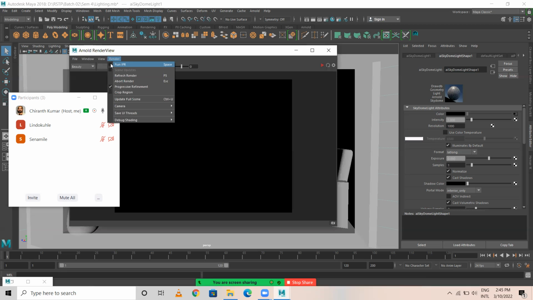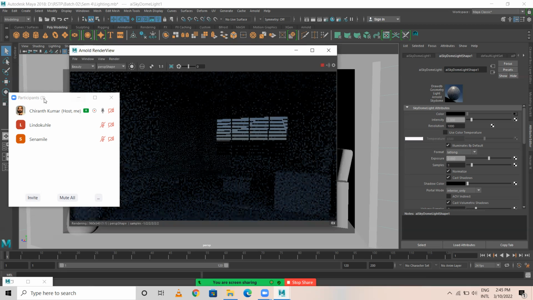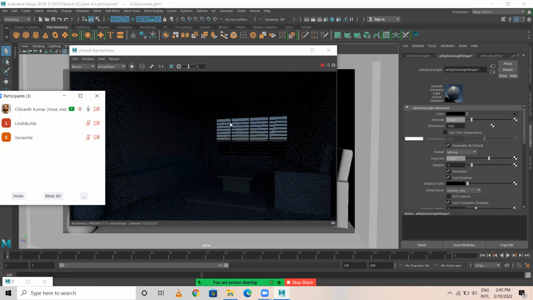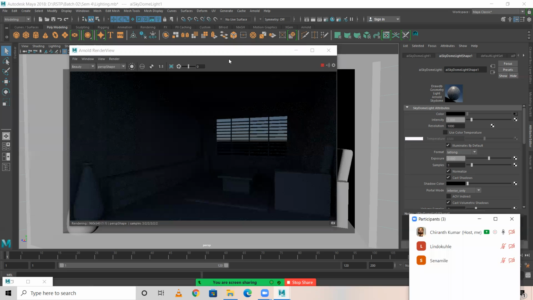In renderer I turn on run IPR. What happens here is, by default, this is kind of interactive, so whatever changes I do, automatically it's going to replicate here.